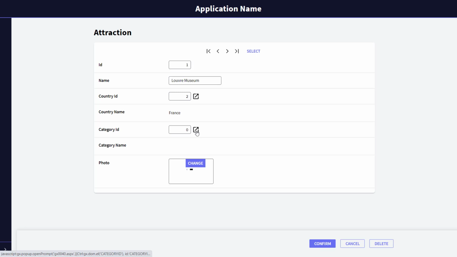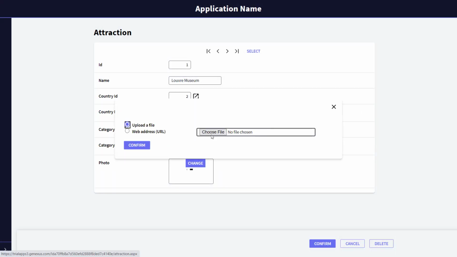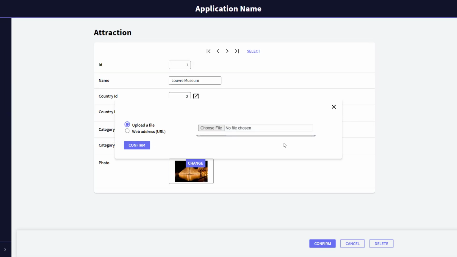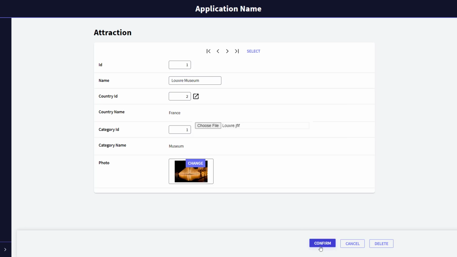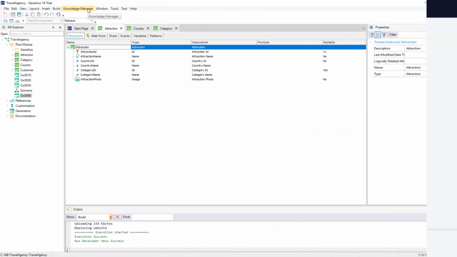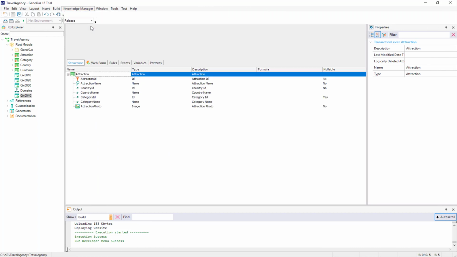We search for the Louvre Museum, and we assign it the museum category and a photo. And we confirm. Lastly, we send the changes we've made to the Genexus server.